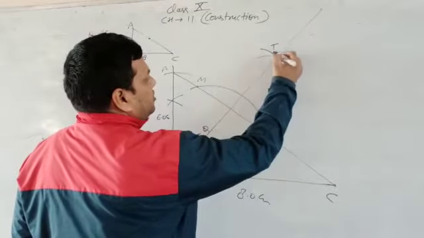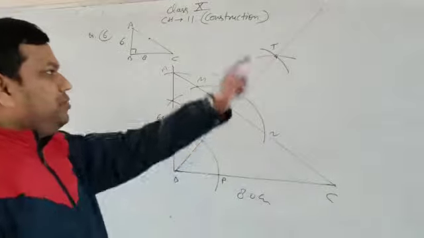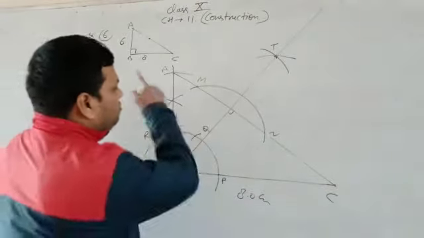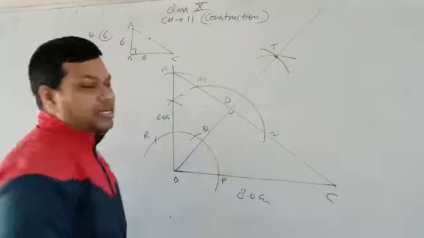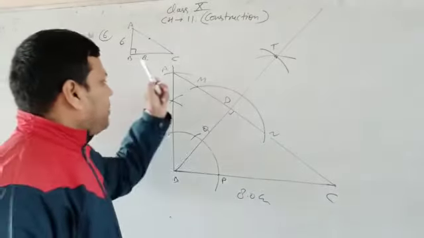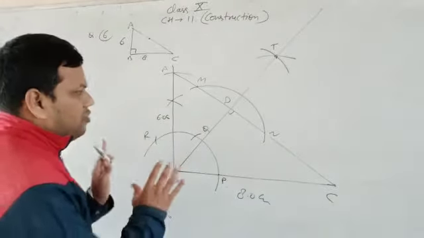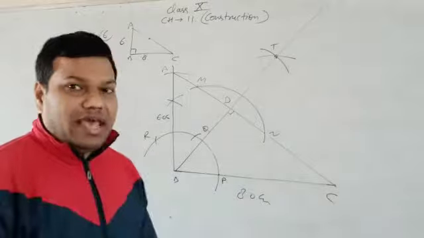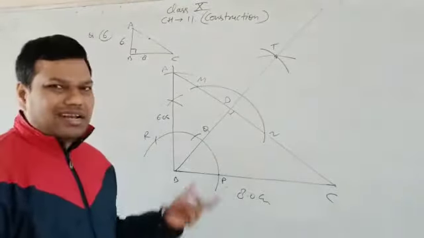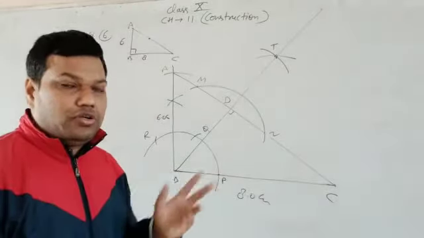You can say this is T. So you draw this BT, join this BT. It will be obviously perpendicular to AC. This is called D. It has been mentioned in the question that BD is the perpendicular to AC, right? So up to here we have drawn this perpendicular. Now the next step, the question is you have to draw a circle from these 3 points.